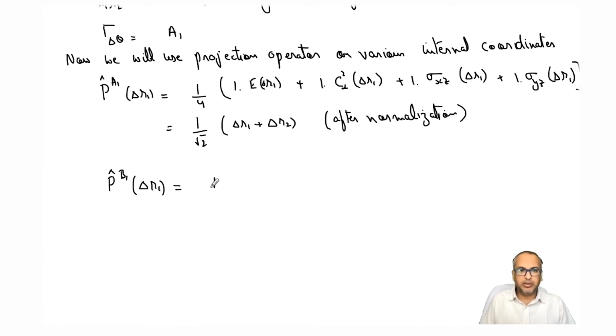What do I get? I'm not going to write the detailed calculation. Now I will get delta R1 minus delta R2, right? So this linear combination is obtained when you apply the projection of B1 symmetry onto delta R1, right? So let us also do it for, okay, so let's see. So the stretching vibrational modes are therefore the stretching